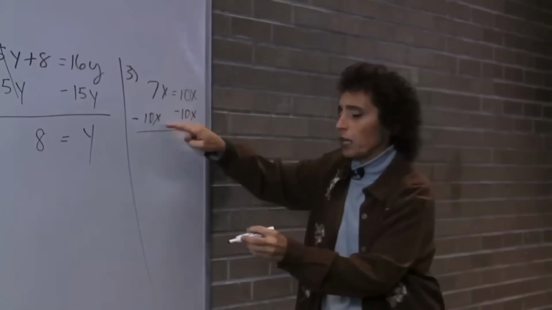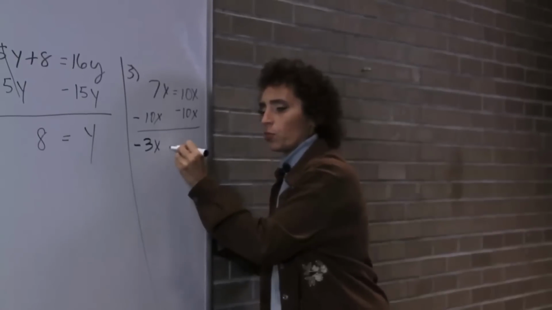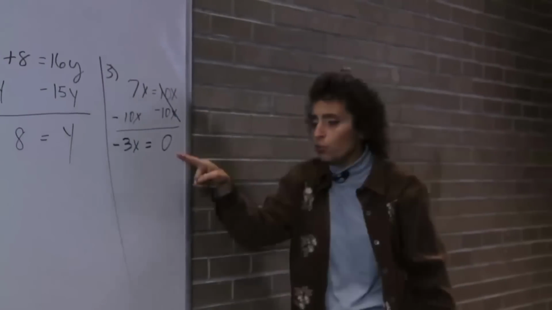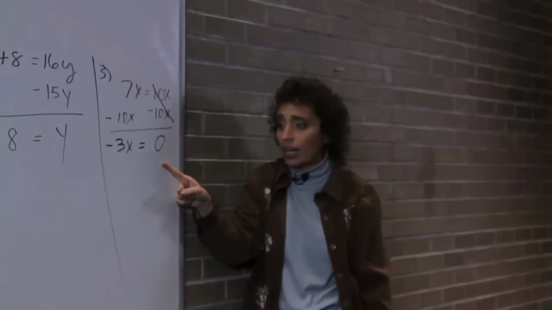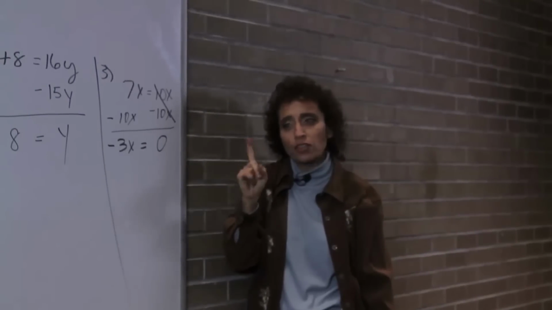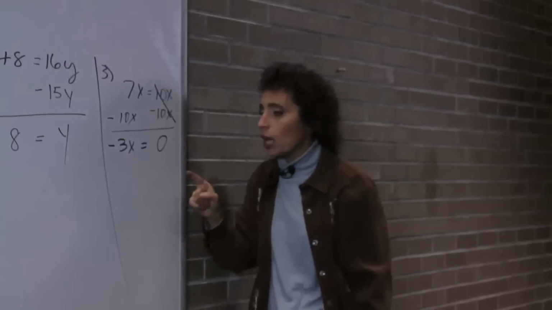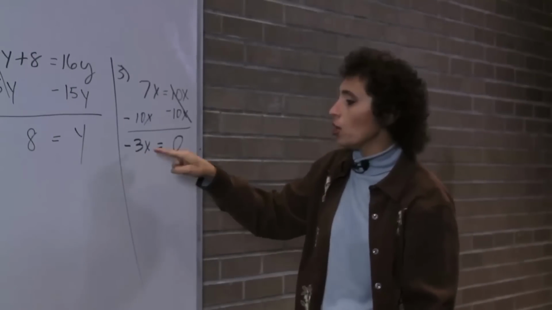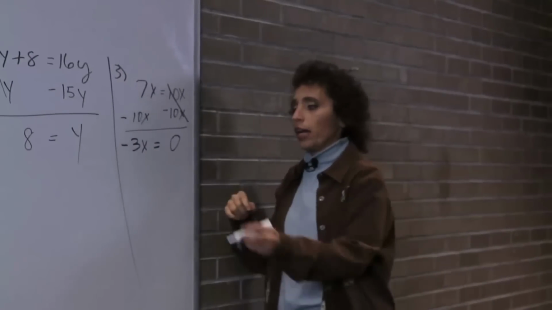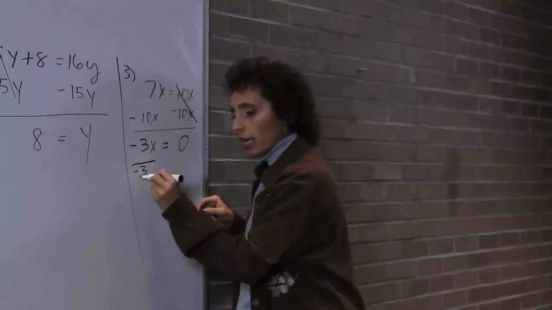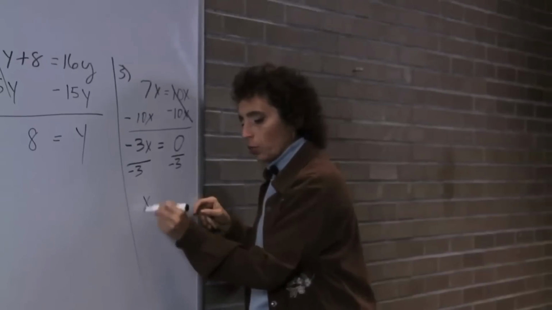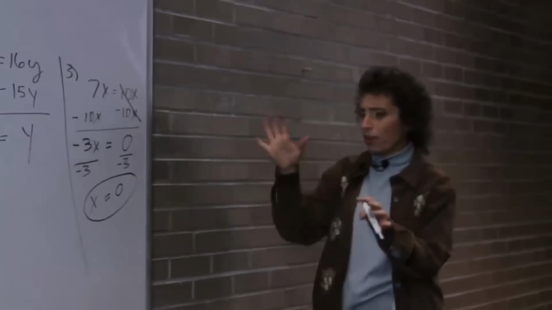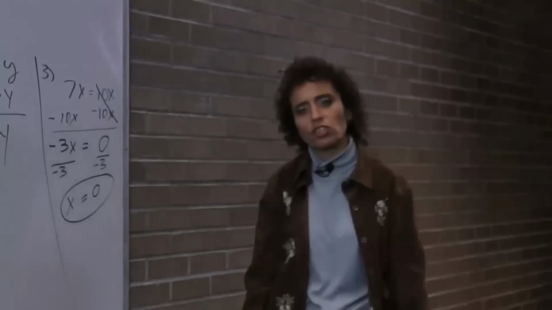So I have 7x's, but I owe you 10, so I owe you 3x's. But now that's equal to, this goes. That's 0 because they're opposites. You must write the 0 because it represents a side. But now we have a problem because we're not done. Okay? We're not done because this is just not x. This is negative 3 times x, so I have to get rid of that negative 3. Okay? So I'm going to divide by negative 3 because it's attached by multiplication. And we know 0 divided by anything is 0. So that was like a fun problem. That's one of my favorite problems because it looks so easy, but it's not as easy as it looks.